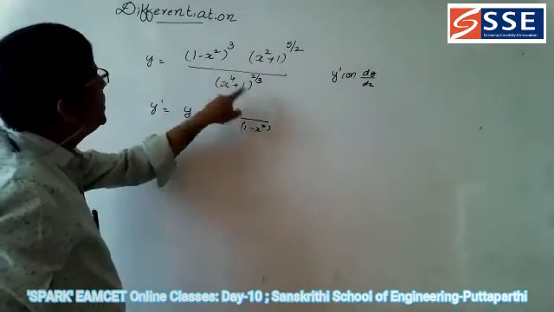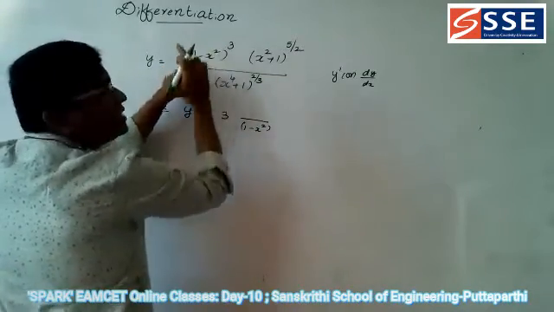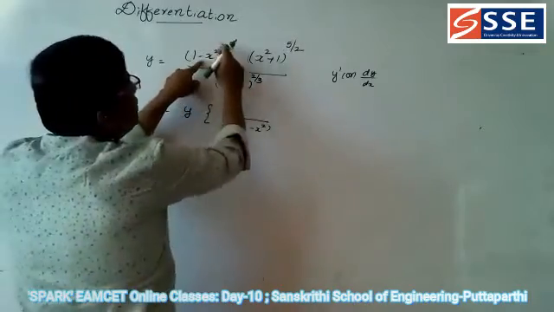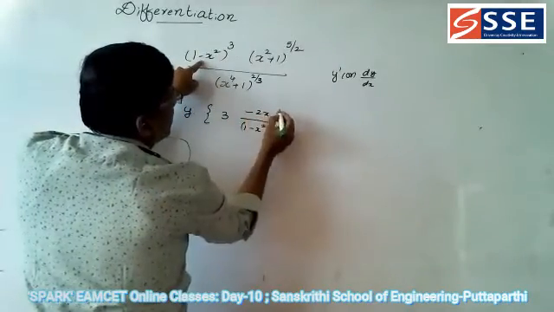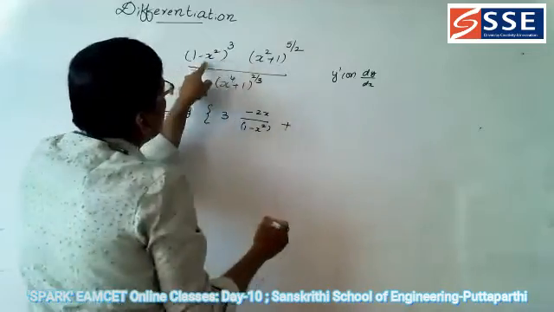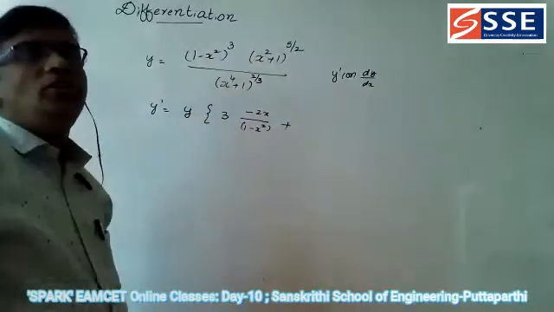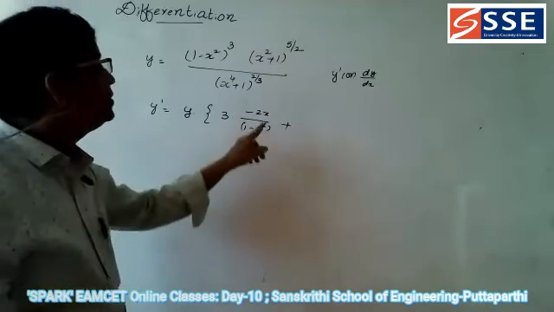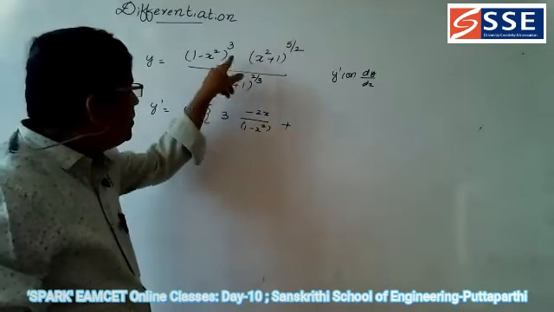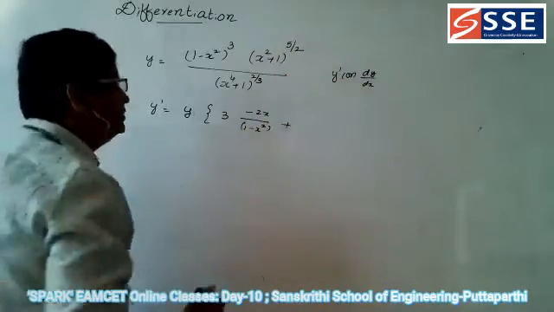And in the numerator, differentiation of this is equal to what? Differentiation of constant is 0. Differentiation of minus x square is equal to minus 2x. That's all. Here plus, why? Because log a into b, taking logs on both the sides, log a into b is equal to log a plus log b. That's why you are getting it.